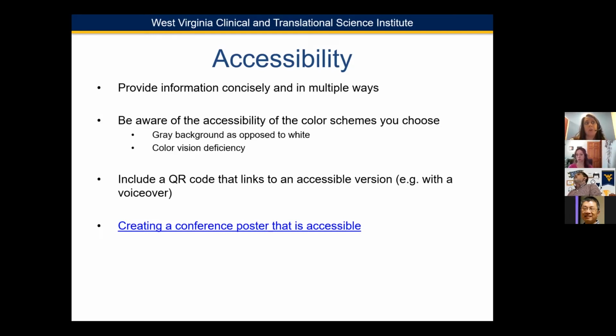And even when you're doing your oral presentation part of it, being considerate of that, being able to not just point to a graph or a figure and indicate that these were our results, but getting comfortable with your data and being able to explain it to someone so that they could still understand what it is you're trying to convey, even if they might not necessarily be able to see the graph itself or the table itself, and using both those visual and verbal modalities for that. And at the bottom is a link to a website that has lots of other excellent suggestions on how you can increase accessibility to